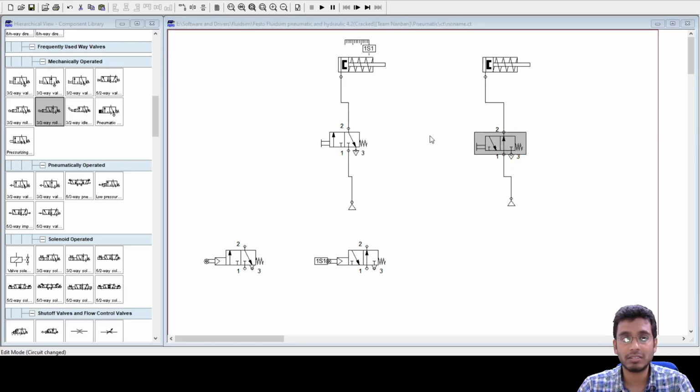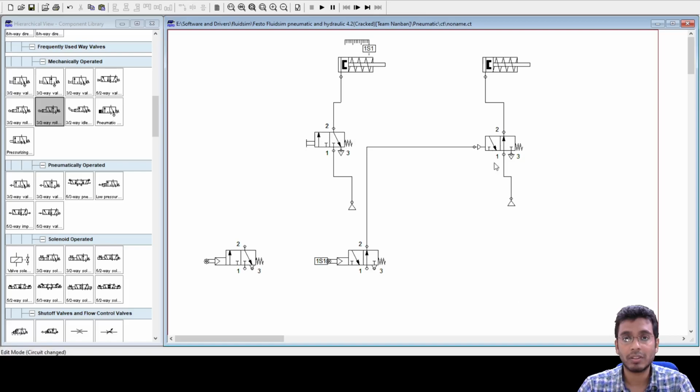Say I have my... Fine. So suppose with this I have actually connected this. Okay. So technically, this cylinder, whenever I...